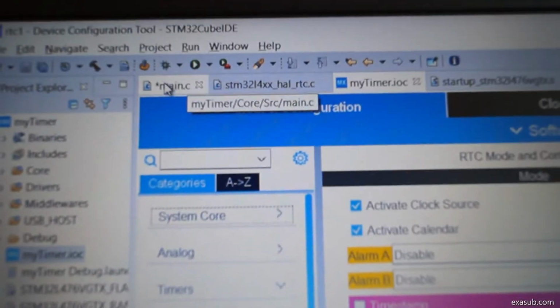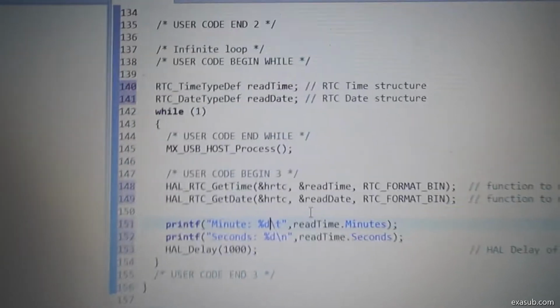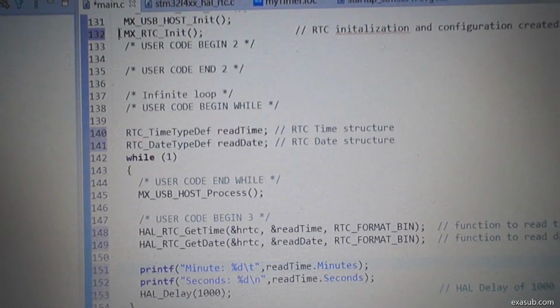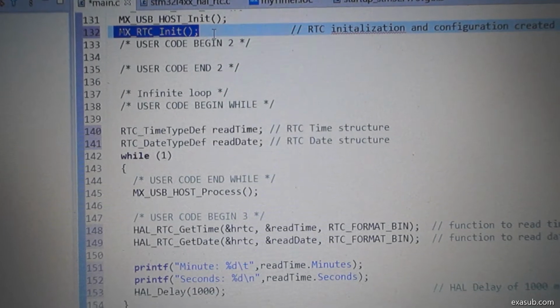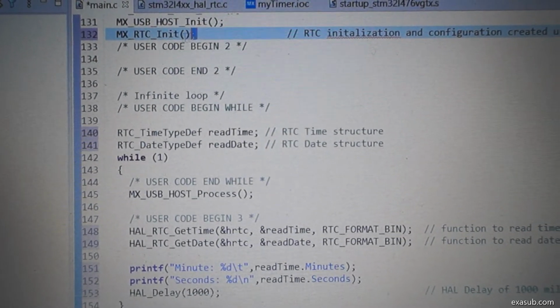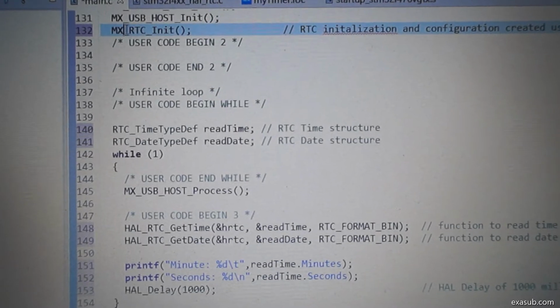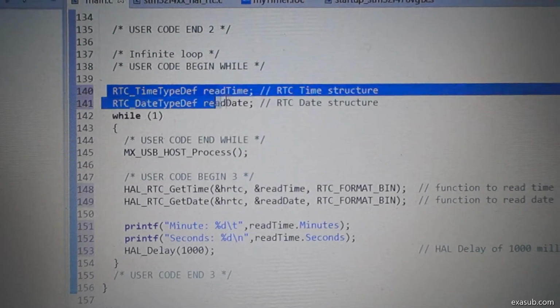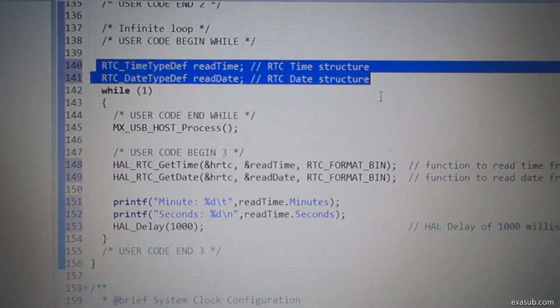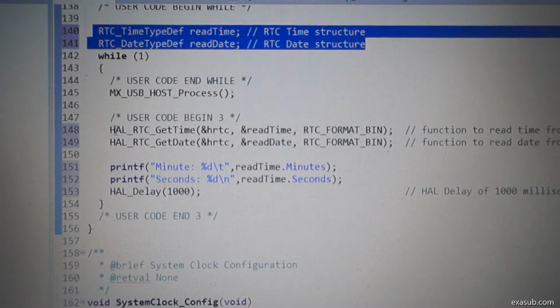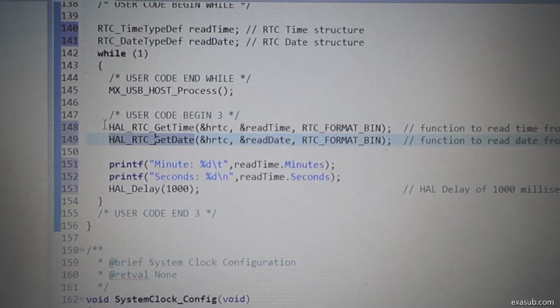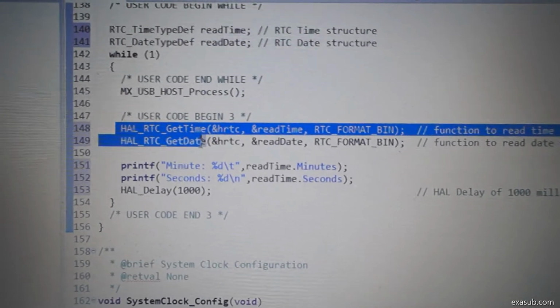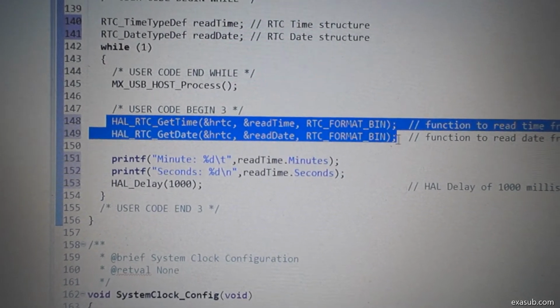So I have already built the project. If I go into my main function, here is the MX_RTC_Init initialization code, which is provided by the integrated CubeMX. And then here are the two date and time structures, and then I have placed the two functions, HAL_RTC_GetTime and HAL_RTC_GetDate, along with their options.